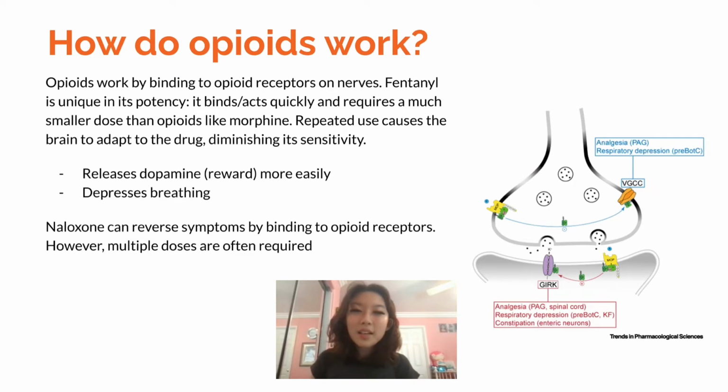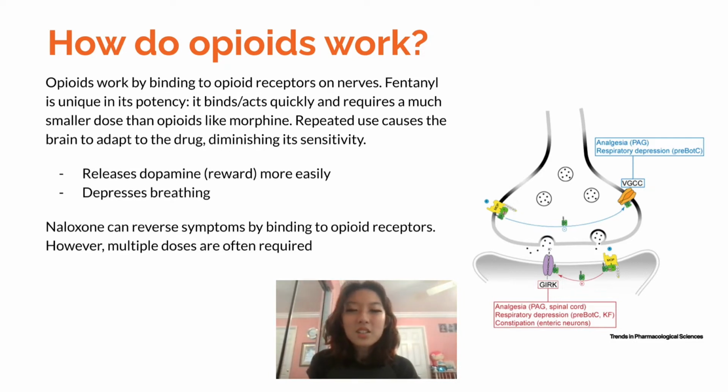I'll start off by talking a little bit about how opioids and NSAIDs actually work to reduce pain. So the way opioids work is by acting on opioid receptors on nerve cells throughout the body. Opioids will trigger the release of endorphins, which dulls one's perception of pain while boosting feelings of pleasure. This release of endorphins is what's going to make opioid use so addictive.